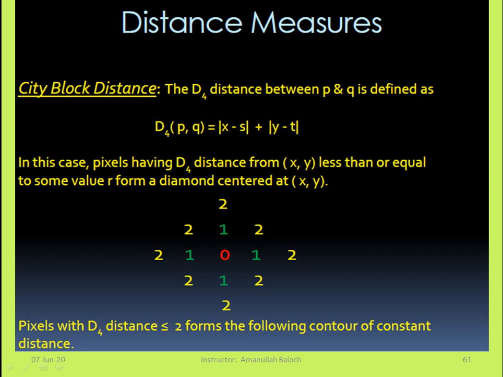And what is y? y is 0 and t is also 0. 0 minus 0, we are not moving towards the y direction and also the t direction. So 0 minus 3 is 0, 1 plus 0 equals 1. So the pixel distance of this pixel from the origin is 1.